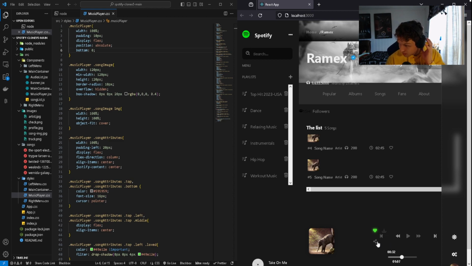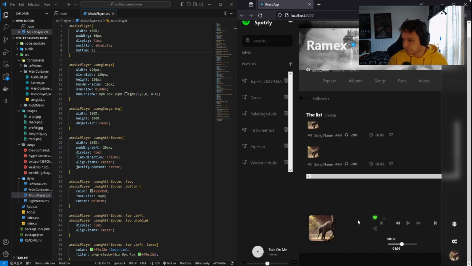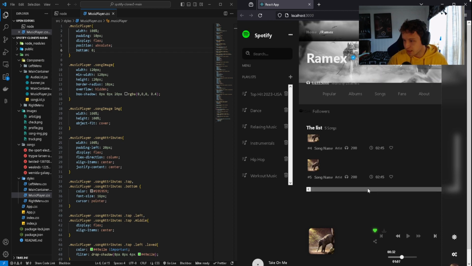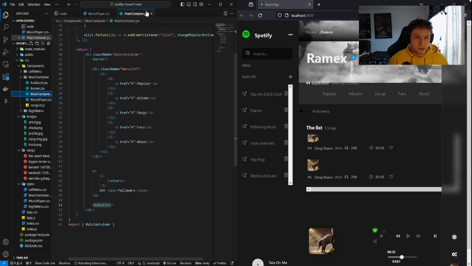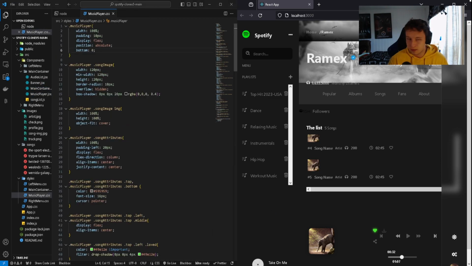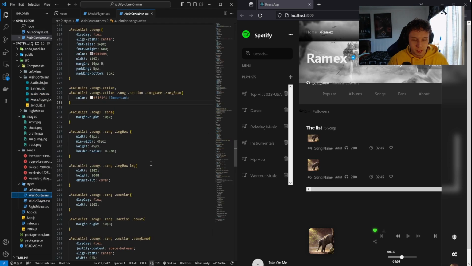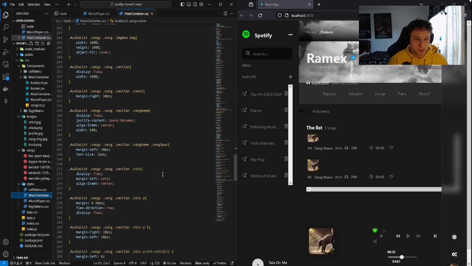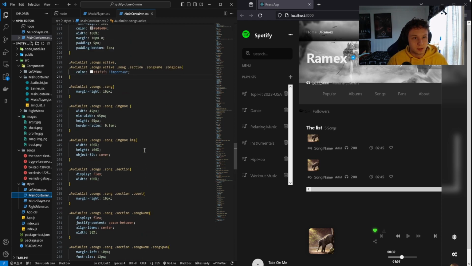Now we want to see if we can fix these icons here. I will also remove this as well, because this is not correct. We can actually scroll, as you guys can see, but I want this to be down to the bottom here. So let's go and do that. That is the styling inside of the main container. So let's go to the main container here, and this is probably audio list. So we're gonna style the